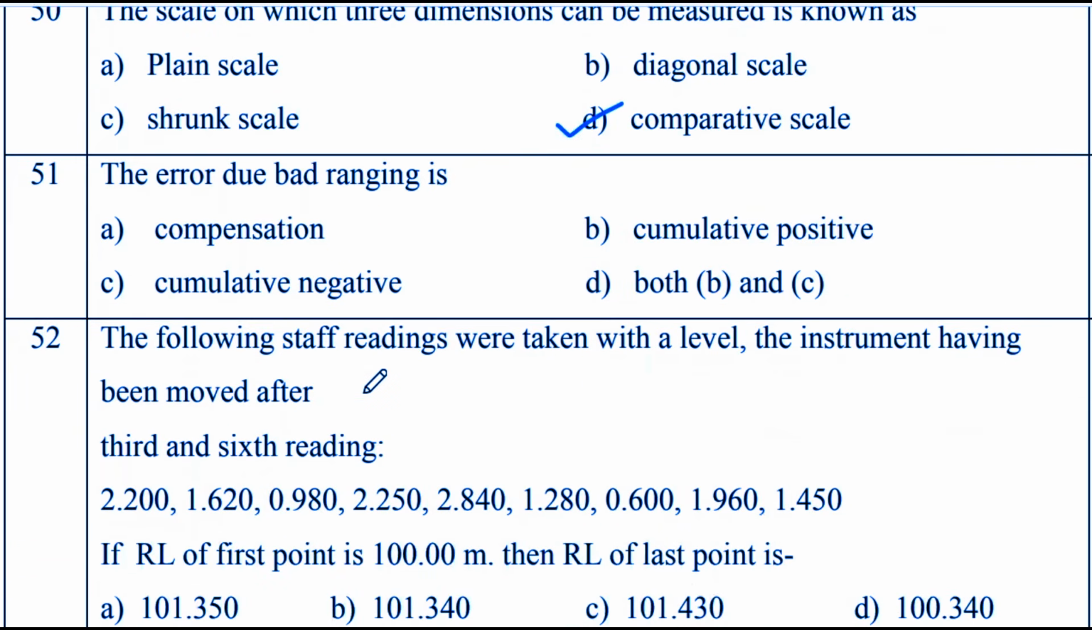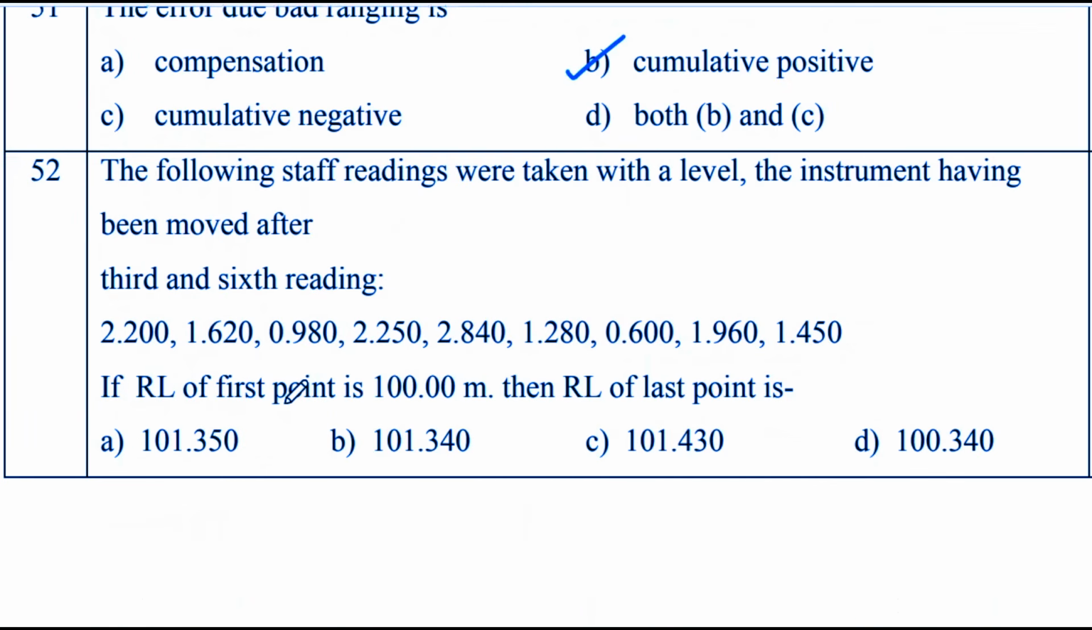The error due to bad ranging is cumulative positive. The following staff readings were taken with a level. The instrument was moved after the third and sixth readings. If the RL of the first reading is 100 meter, then the RL of the last point will be